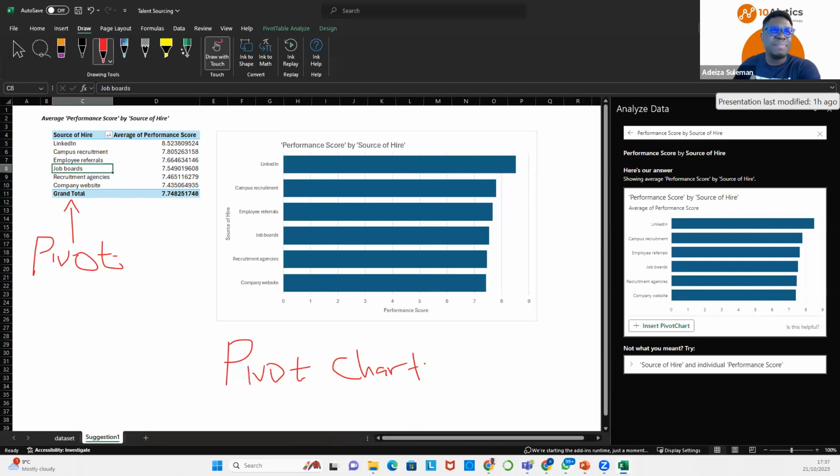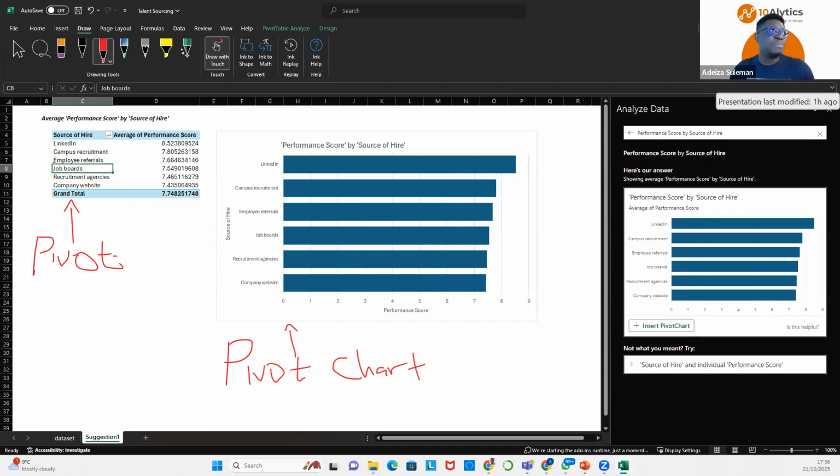Please pardon my handwriting. It's called a pivot chart. The pivot table is a summary. You saw that entire data that seemed very unwieldy and difficult to understand. When you create a pivot table, it summarizes. So if anybody asks you, what is the advantage, or why do you use a pivot table? You use a pivot table to summarize your data. So all that data you had, you summarized it into this small table.